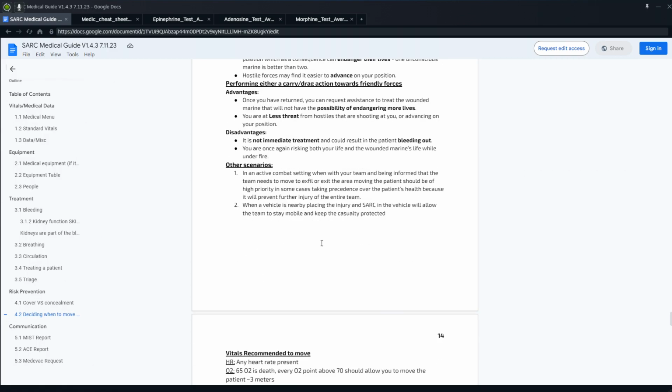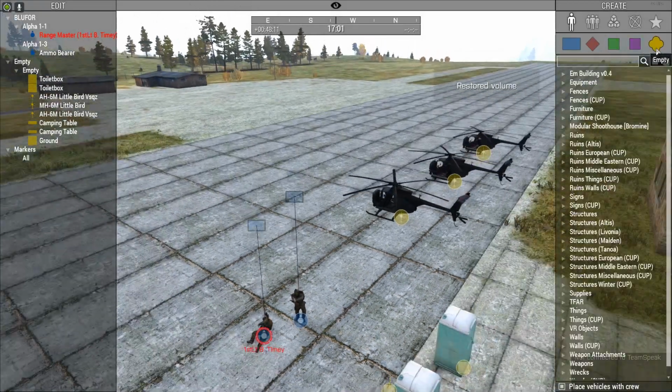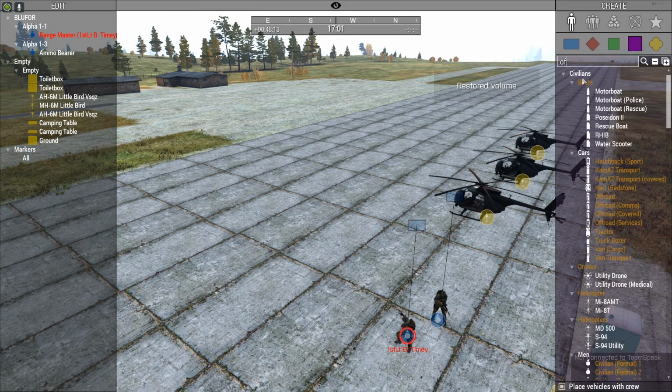And when a vehicle is placed nearby the injury and the... let me reread that. When a vehicle is nearby, placing the injury and the medic in the vehicle will allow the team to stay mobile and keep the medic and casualty protected. So in Arma, placing someone unconscious in a vehicle is really simple. If I get myself an off-road here,